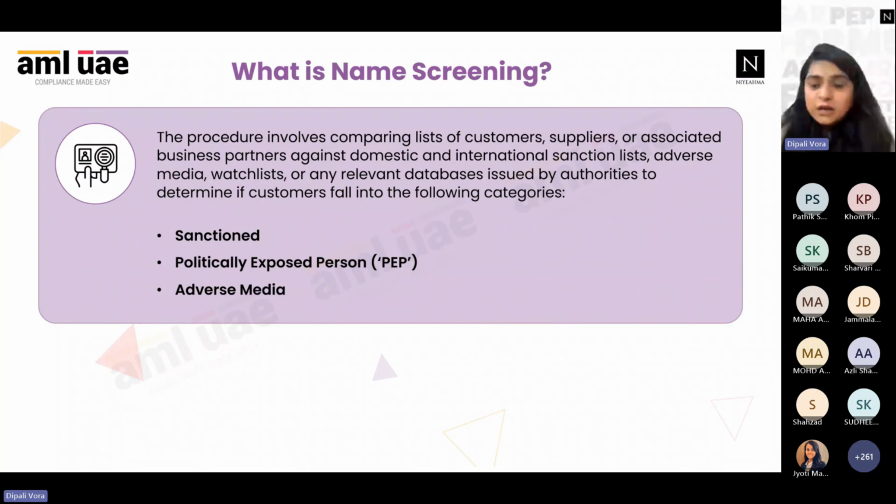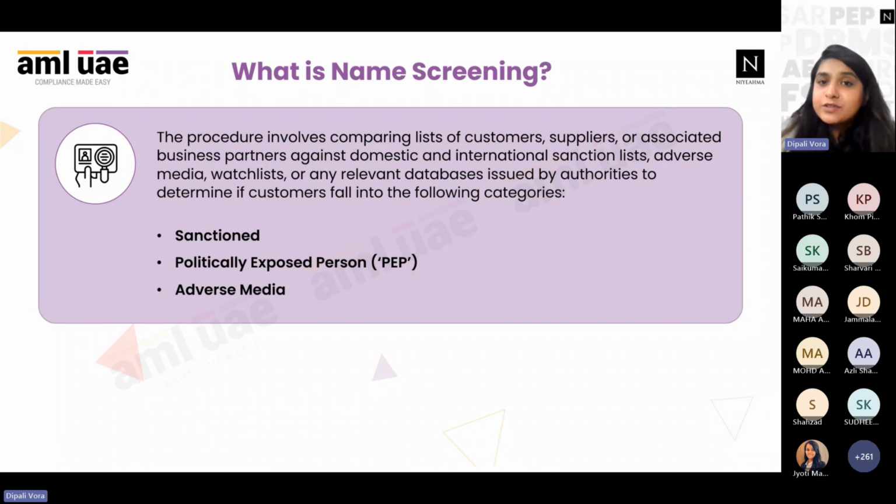So when you screen your customer, you would come to know whether that person is sanctioned in the UNSC consolidated list or UAE local terrorist list, which are mandatory in UAE. But if you are using a software, you might get access to various other countries' sanction lists also. So in such cases, you would know that a person must be sanctioned in some X country and he is traveling here.